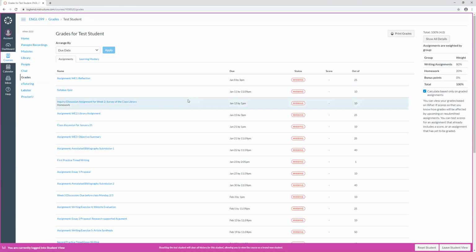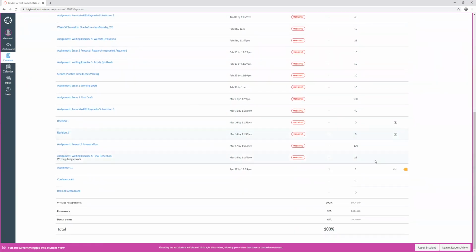So you always go to grades. I have not been a good student. Look at all my missing assignments here. Down the bottom. There it is. That shows me that I've got a Turnitin report. That's not a good color to have. So we're going to click on the assignment,